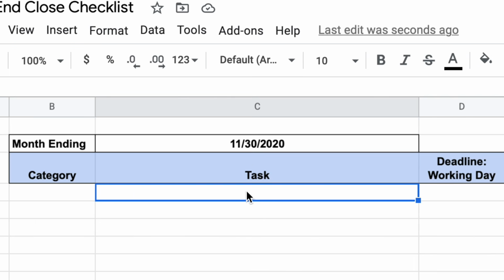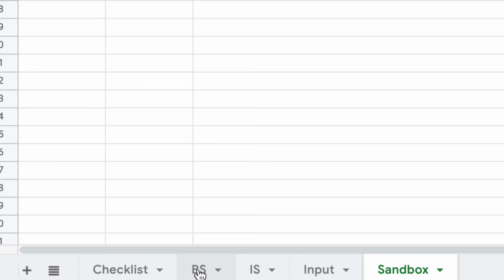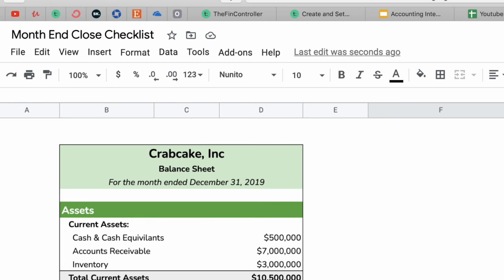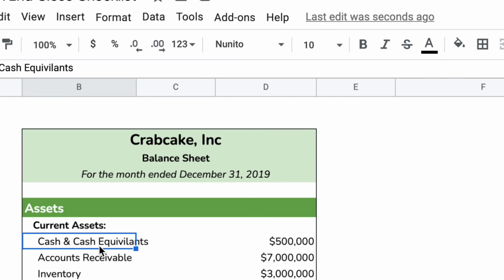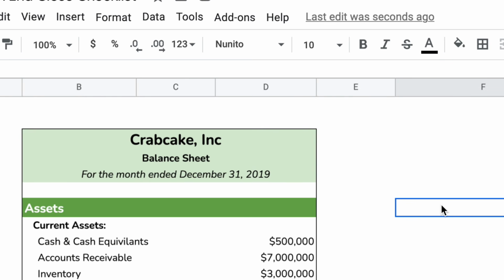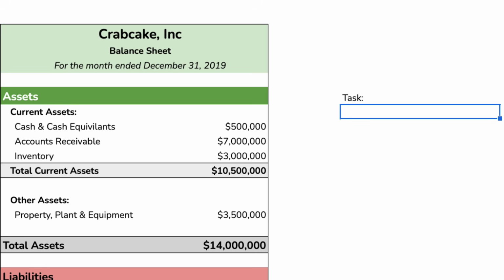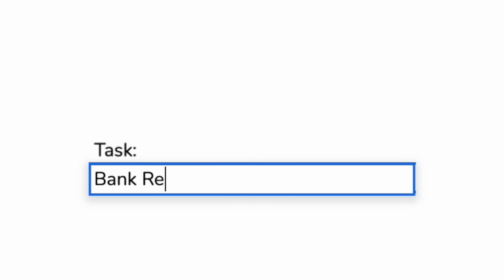And basically the way that I come up with the tasks is go back to the financial statements. And this is the easiest way to come up with the tasks, is go back to the financial statements and work backwards. What do you need, for example, to be able to close the books on cash? So basically, I'm going to come up with the tasks here, and then I can copy and paste to my checklist. So for cash, I need to do a bank reconciliation,